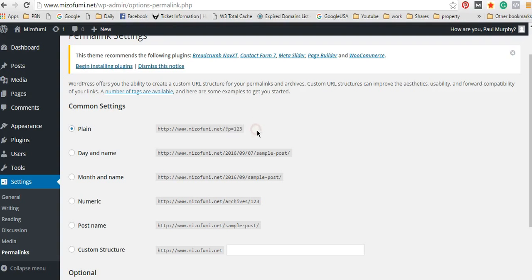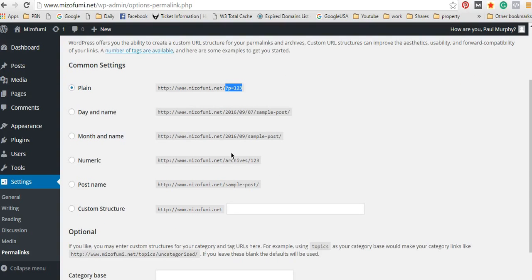So you do not want this weird stuff here. What you really want, I mean, there's lots of ways you can do it. You can see they've laid it out exactly how you do it. Personally, I don't use any of those. Sometimes I do a custom structure, but 99 times out of 100, I'm going to do that, which is sample